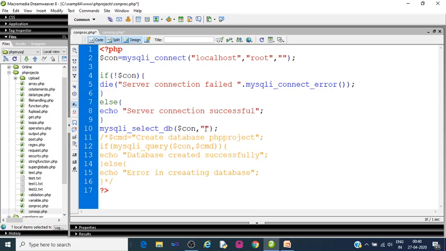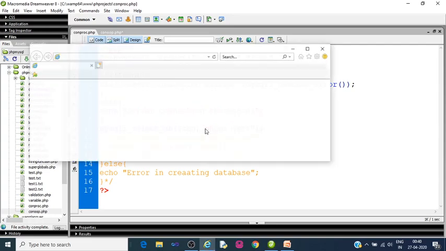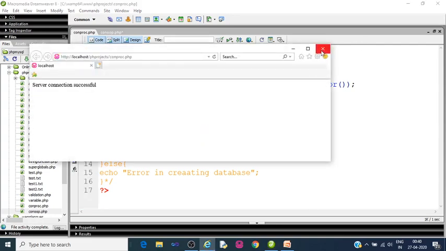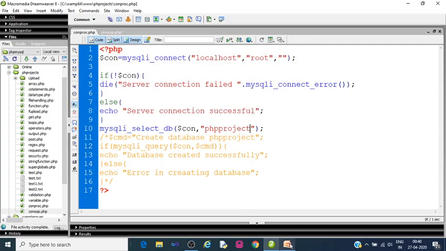PHP project. Save it, press function 12. Everything is correct. Now get back to our presentation.